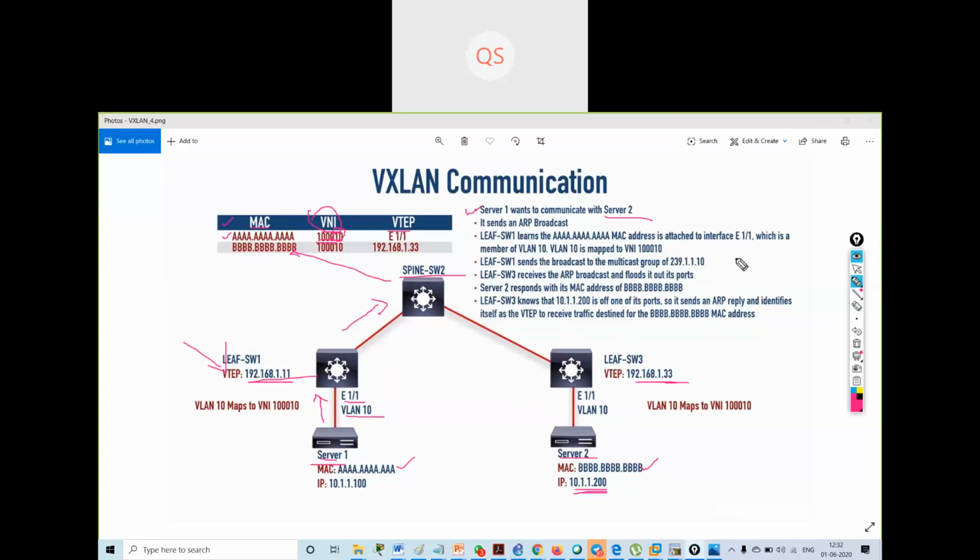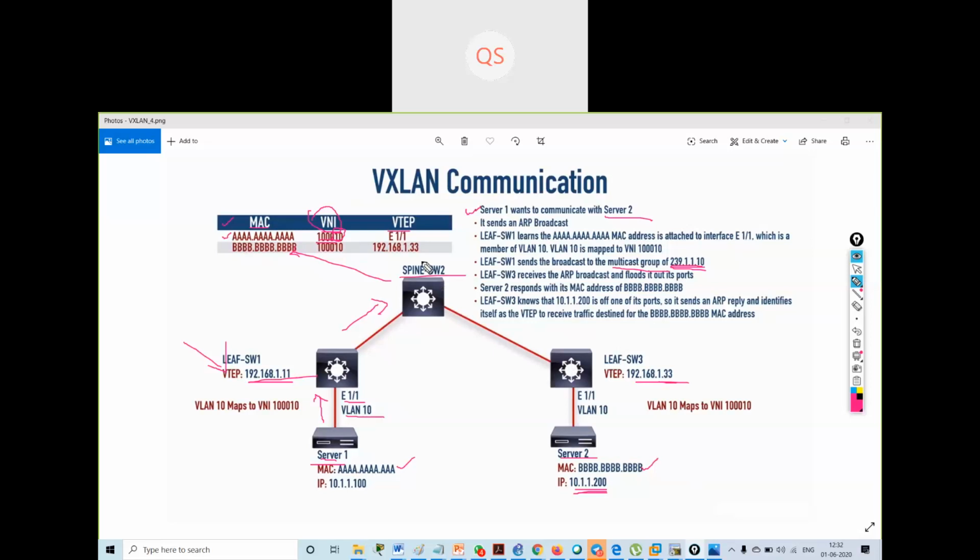I have given the multicast group as 239.1.1.10, and all the leaf switches are members of this multicast group. So this switch will send this request to all the multicast group members.